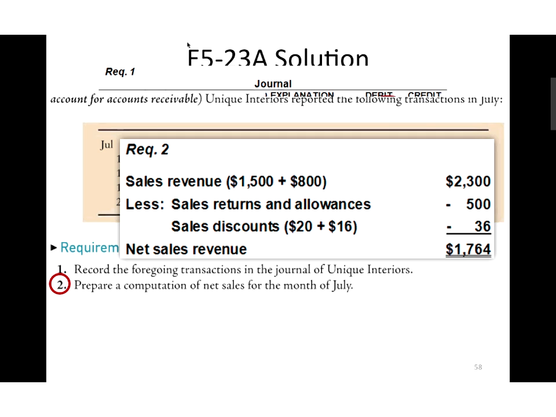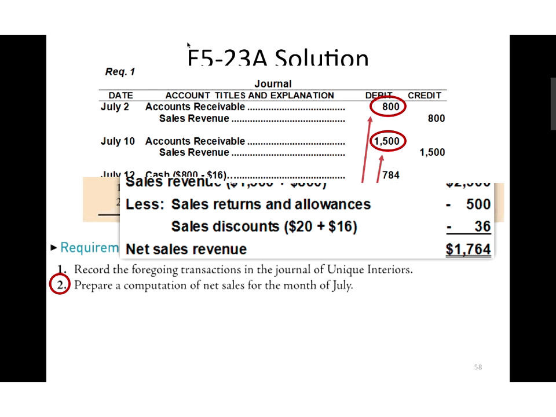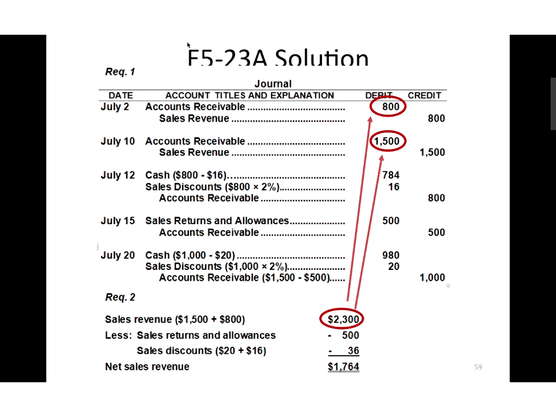And the first thing that's going up here that's loading slowly, okay, this first list, this top part, you already have it. This is every journal entry that we just recorded. So July 2nd, 10th, 12th, 15th, 20th. They're just summarized there. So now the bottom part is that which you just wrote down. So the sales revenue came from the two.